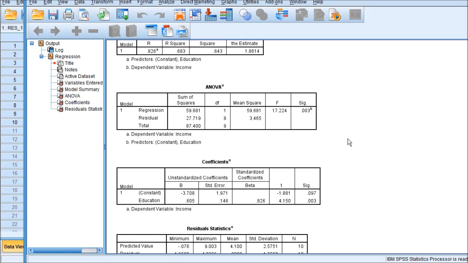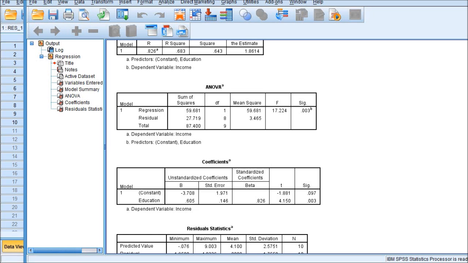In fact, that's very dangerous. The thing is that we are supposed to test the assumption of normality of errors and homoscedasticity before interpreting this output table here.